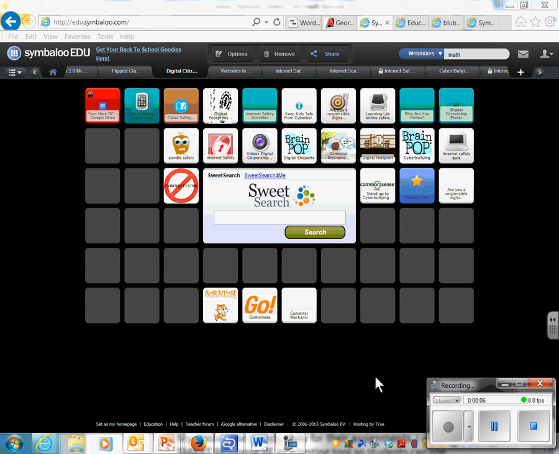I'm really excited about using Symbaloo. I found it a couple months ago from Edmodo, and I really got hooked into it and thought about how I could use this, because I try to run a paperless classroom and I teach computer business. One of our